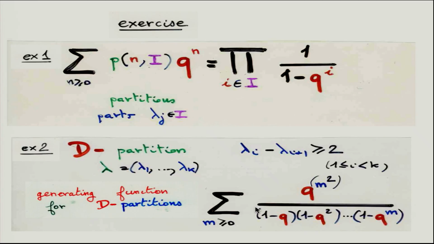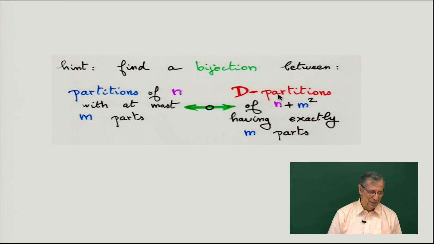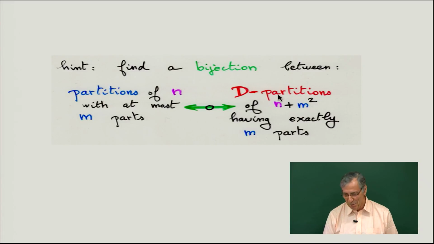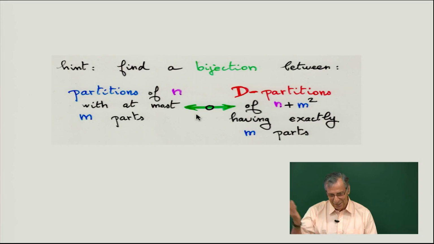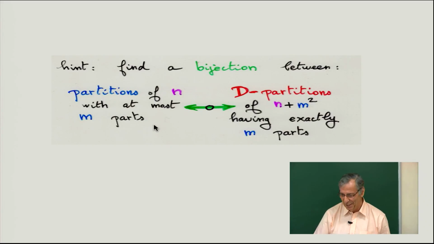So for exercise 2, I give you a hint: find a bijection. You see, in this class, many exercises say find a bijection. It's because it's my favorite point of view, to do bijection. Maybe you are not used to bijection, but if you are very good in bijection and very good in analytic calculus, then if you combine the two techniques, you can solve conjectures, or you can be famous. So you have to learn bijection, which is less classical than classical calculus.